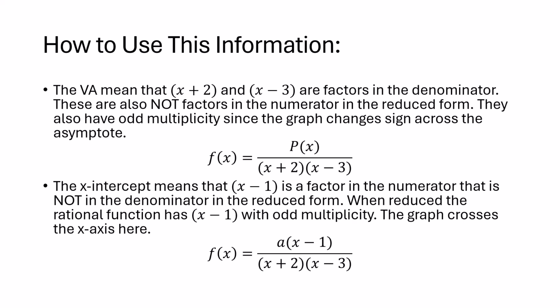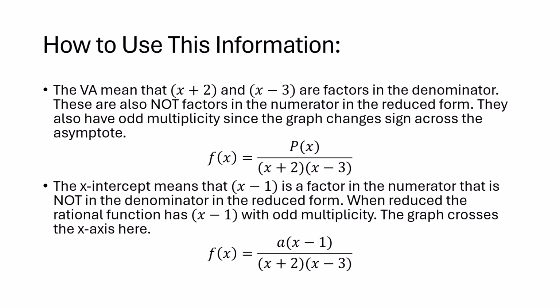Therefore, we have a factor of x plus 2 and a factor of x minus 3 in the denominator, and both of these factors will have a multiplicity that's odd. We'll pick the smallest multiplicity that's odd, which is 1, in order to keep the function relatively simple. We also know that the graph hits the x-axis at 1, so the x-intercept at x equals 1 implies that x minus 1 is a factor in the numerator, and this is also not a factor in the denominator